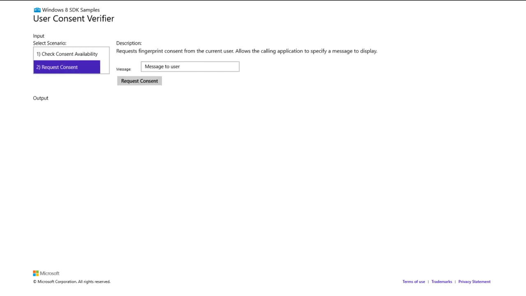And after that, any developer would be able to request user consent. We were thinking about these APIs with the goal of giving developers the ability to, for example, lock some of the data that we don't want everybody to look at.